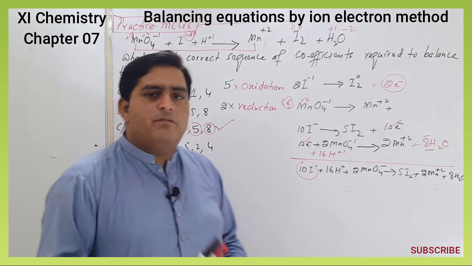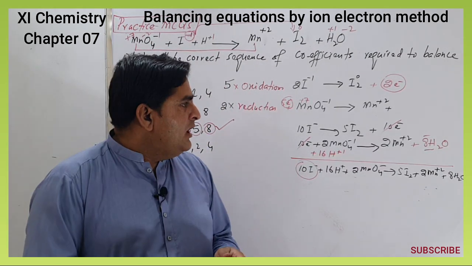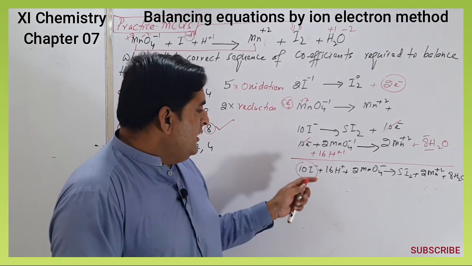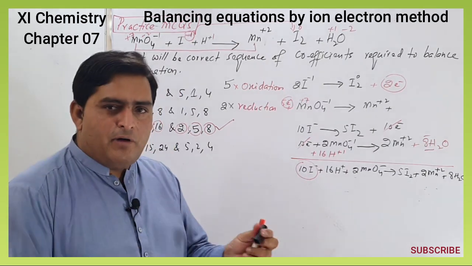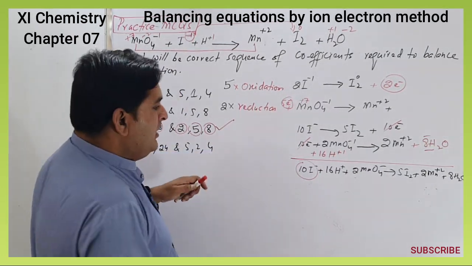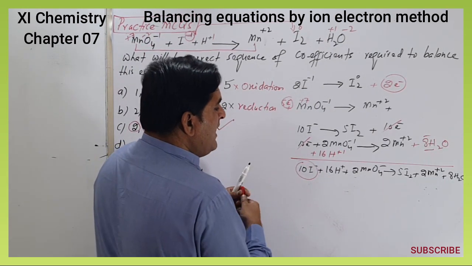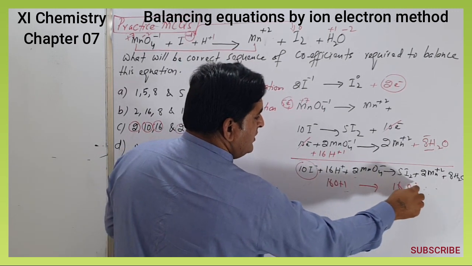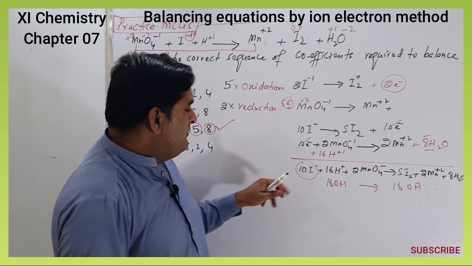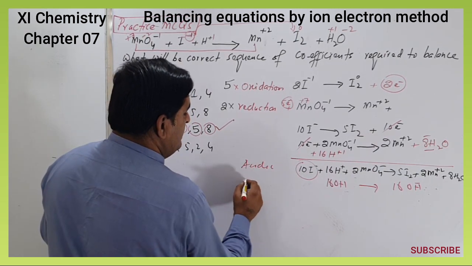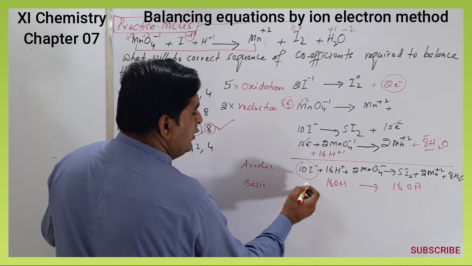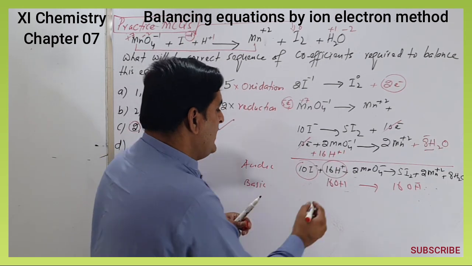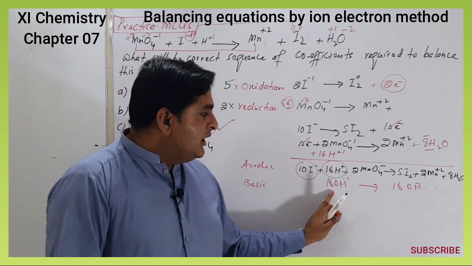Now I am giving you an assignment in which I give you 4 or 5 equations in acidic and basic medium. If you wish to convert it into basic medium, what you need to do? Do the same method. How many hydrogens are there? 16. We have to write 16 OH in both sides. If we convert this acidic medium into basic medium, in acidic medium, whatever be the number of hydrogen ions, we have to write exactly the same number of hydroxide ions in both reactants and products.